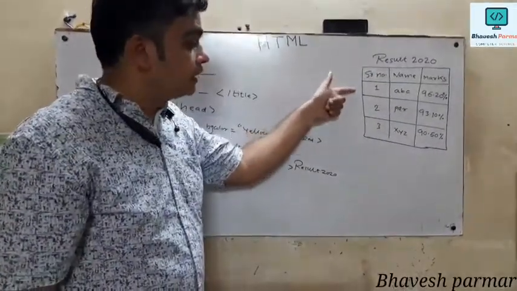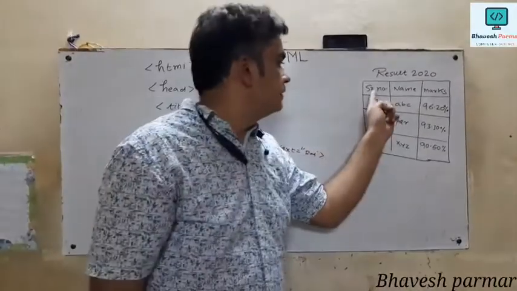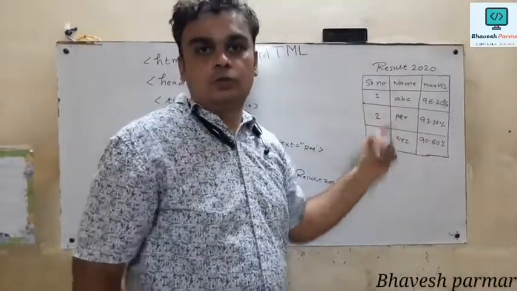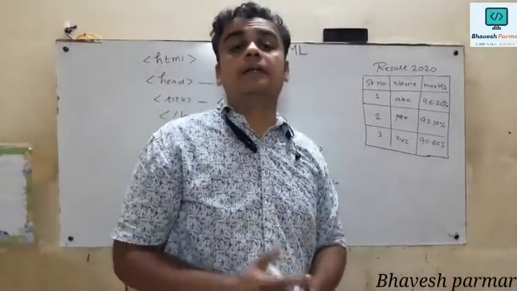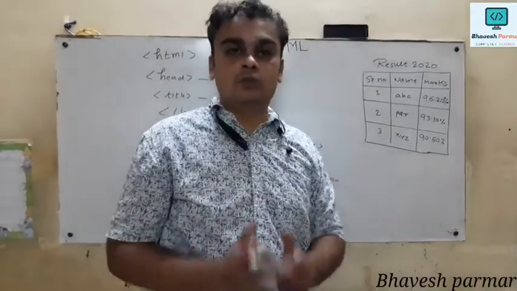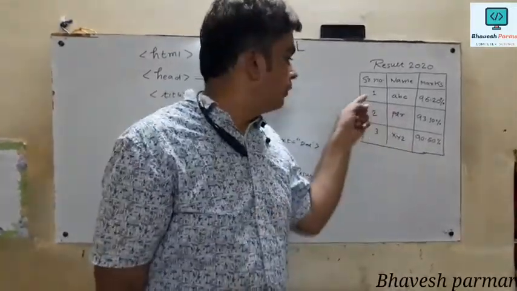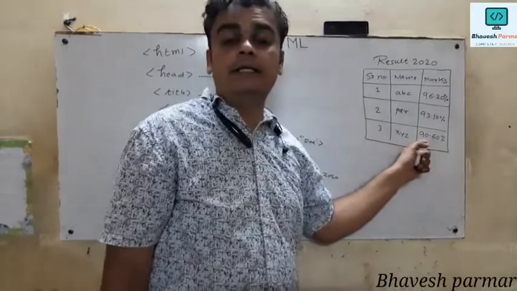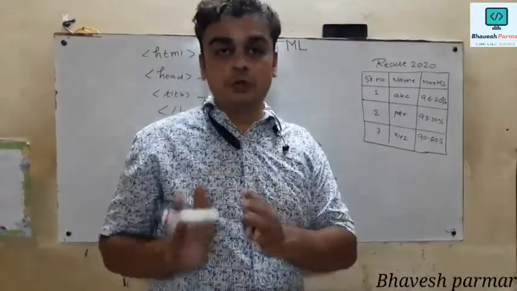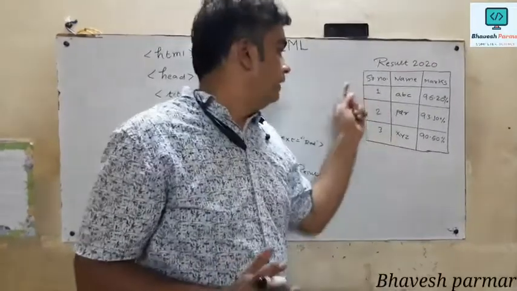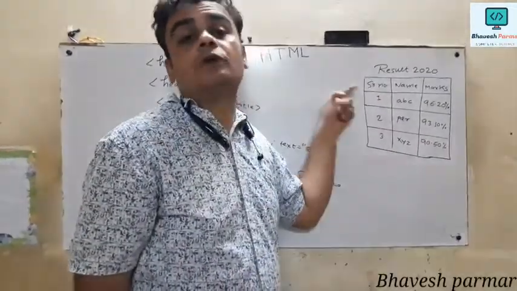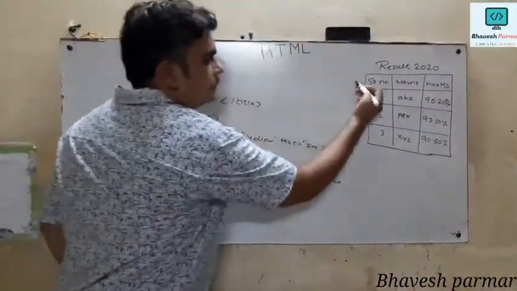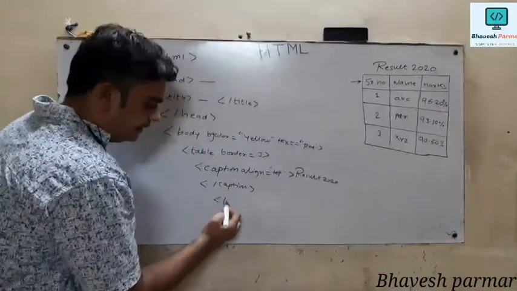Now whenever I start filling in this data, the serial number, name, marks represent column headings. We know that a column heading or title heading is represented by the th tag, which displays the text in bold form. And if you observe 1, 2, 3, ABC, PQR, and 96, 93, 90, these represent data, which is used by the TD tag. We know that when we fill in the information, we always fill in row-wise. So how can I start? This is my first row, represented by the TR tag.